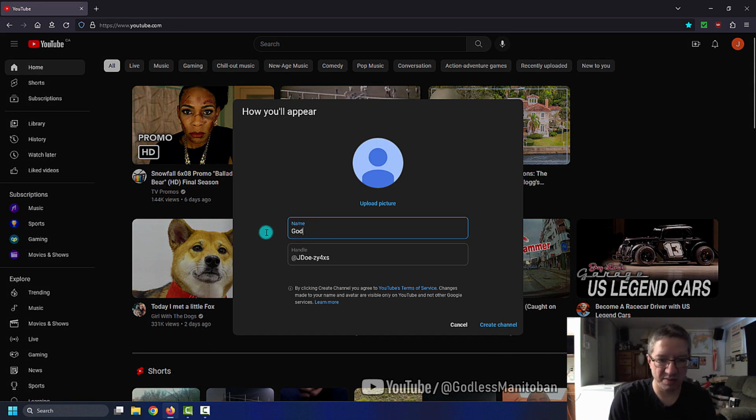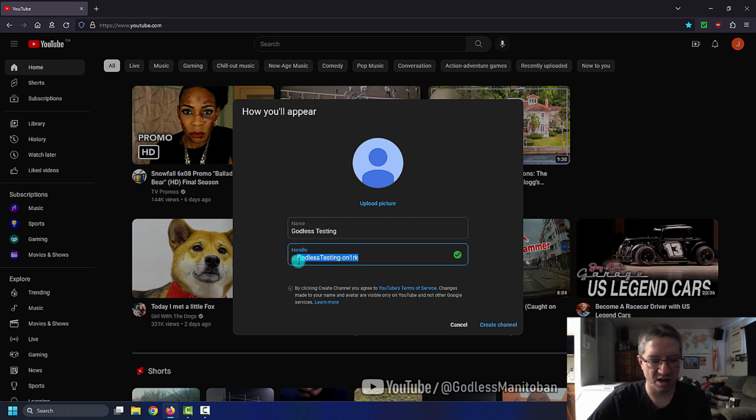and you just have to type your name here. And here under Handle, you don't want the handle that it automatically generates. You want the ID that we just copied a few seconds ago. You want to put it here, so I've highlighted their pre-generated handle. And then you click Control V if you've already copied it, and that'll paste it. And as you can see, it's a green check mark. And then you just go Create Channel.